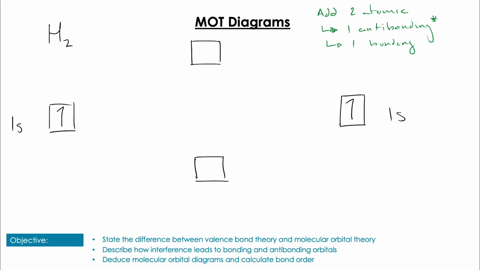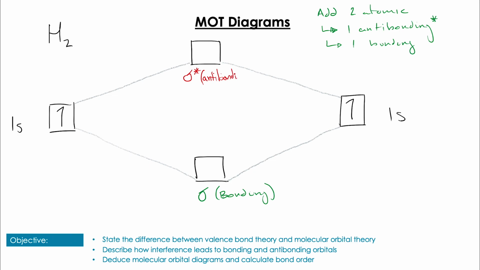So if we imagine bonding these together, we're going to create one high energy anti-bonding and one low energy bonding orbital. And then we're going to be able to add the electrons and determine the bonds that are at play here. So the bottom box represents sigma orbitals, so a regular bonding orbital, and the top box represents sigma star or anti-bonding orbitals. So remember, any electrons going in the bottom orbital contribute to bonding, in the top orbital they